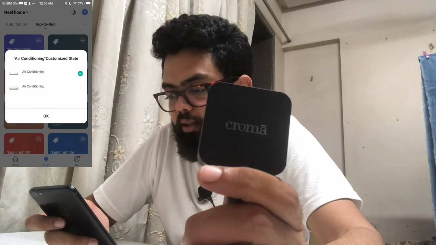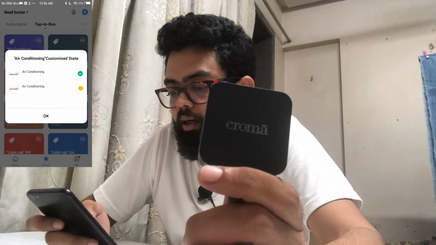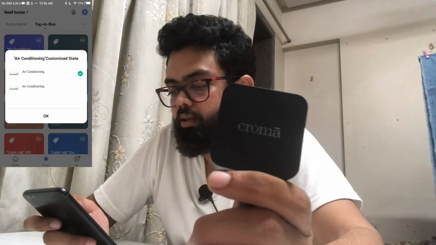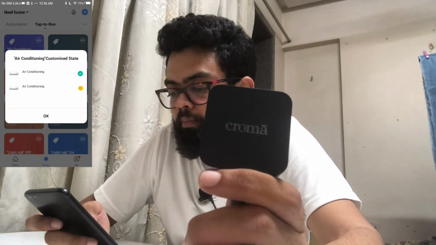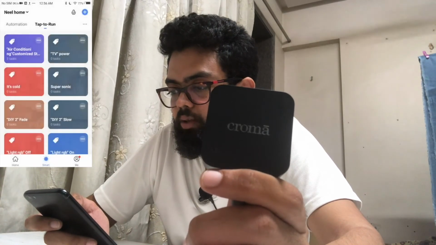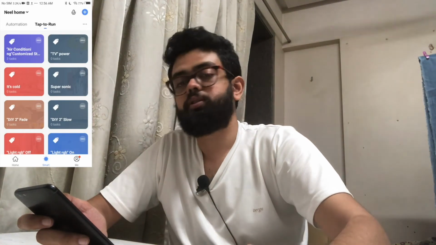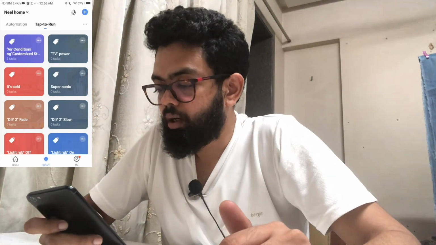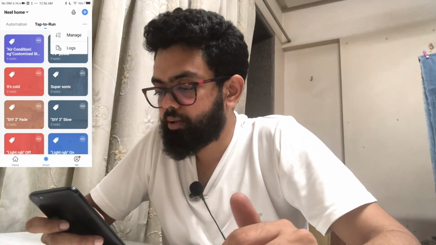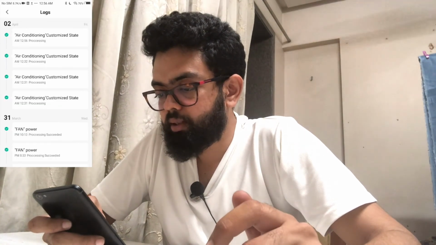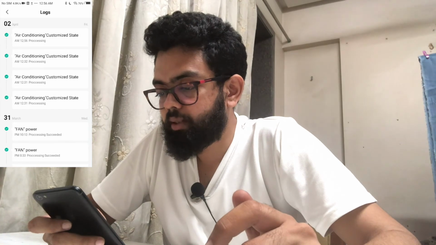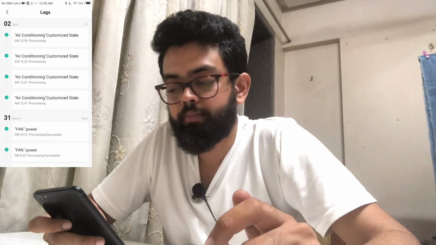My AC is on right now, and after 1 hour the AC will switch off automatically. I'll click OK. If you want to check whether this task is in process or not, you can just click on logs. Now you can see that the air condition customization state is in process.